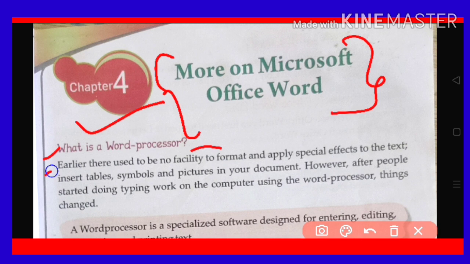Earlier there used to be no facility to format and apply special effects to the text, insert tables, symbols and pictures in your document. However, after people started doing typing work on the computer using the word processor, things changed.